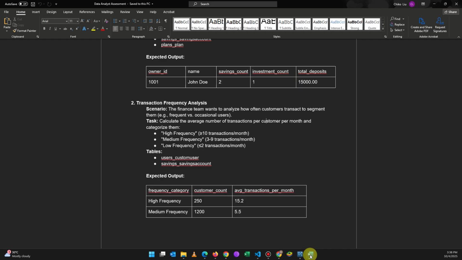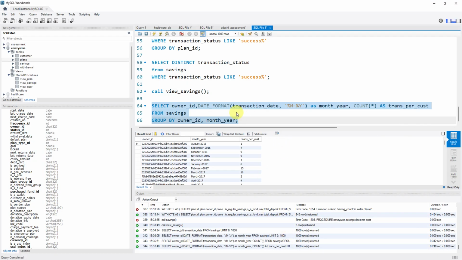Average number of transactions per customer per month. So we've gotten the transaction per customer. Then we want to get the transaction per customer per month. How do we do that? We can then